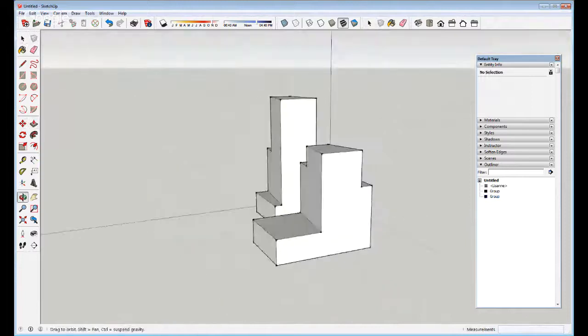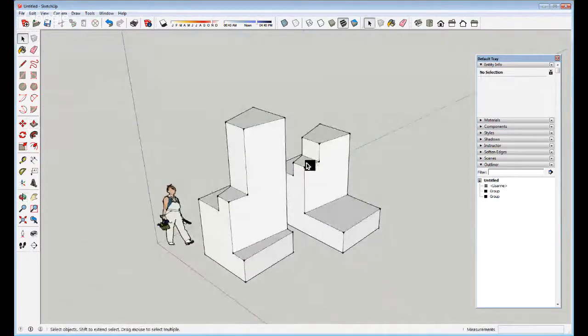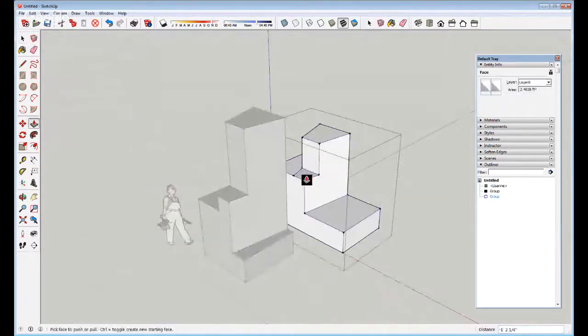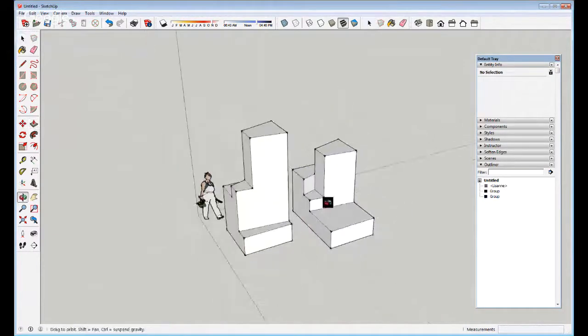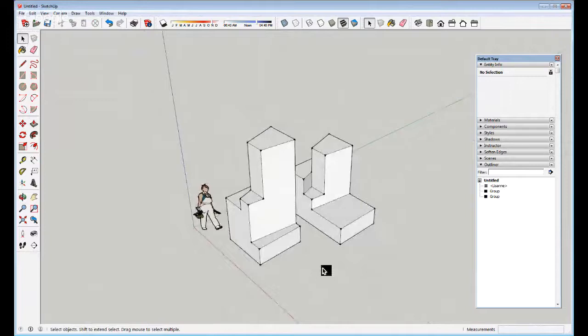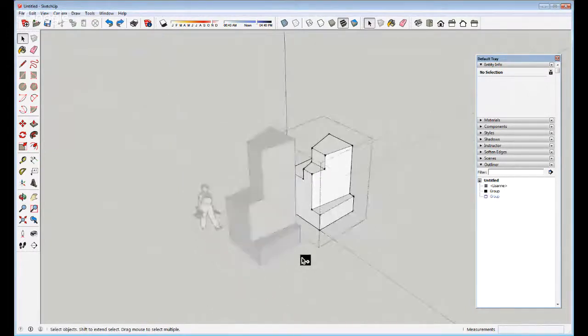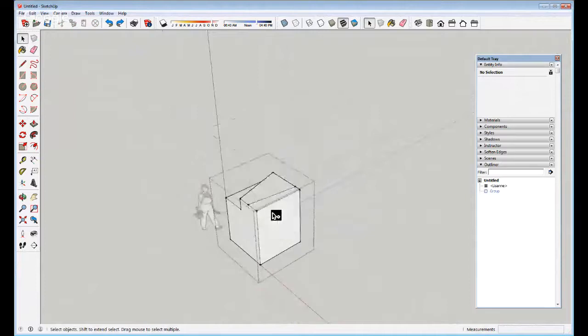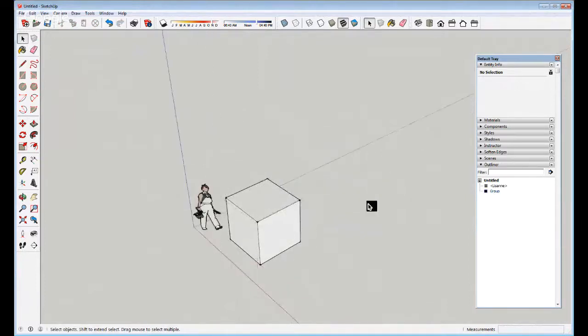All this stuff came from the same geometry, but now it's doing something a little bit different. You can already tell that this is the second iteration of something else. If you don't like it, you can always Control-Z your way out of whatever you want. So let's just quickly go over the